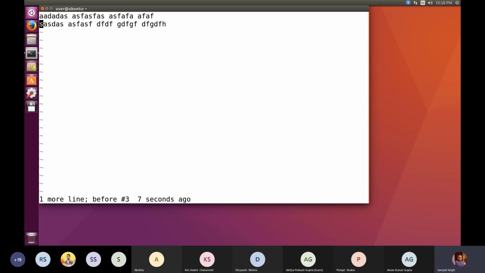I'll explain those HJKL on the whiteboard, but you understand that I initially gave the command VI and then the file name. What happened? I got this screen open before me, and every line starts with the tilde sign.